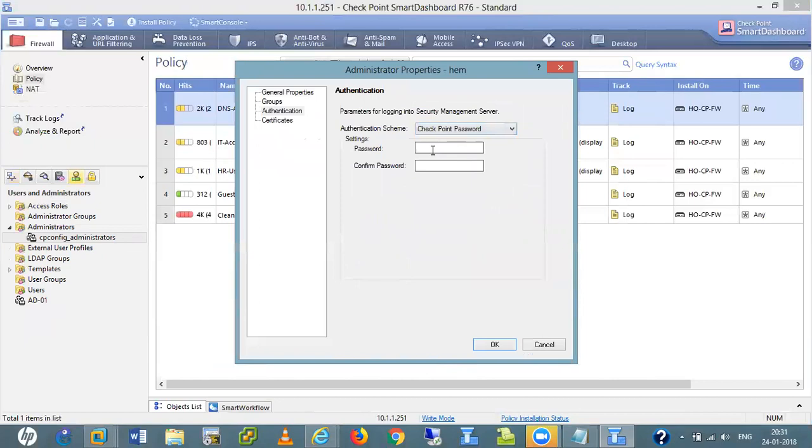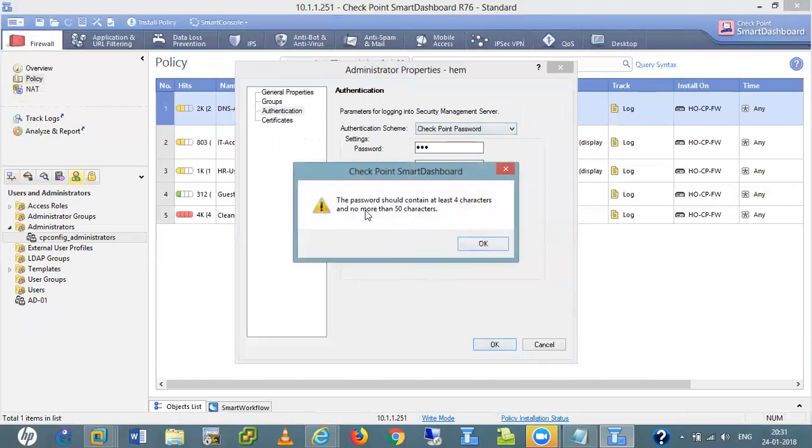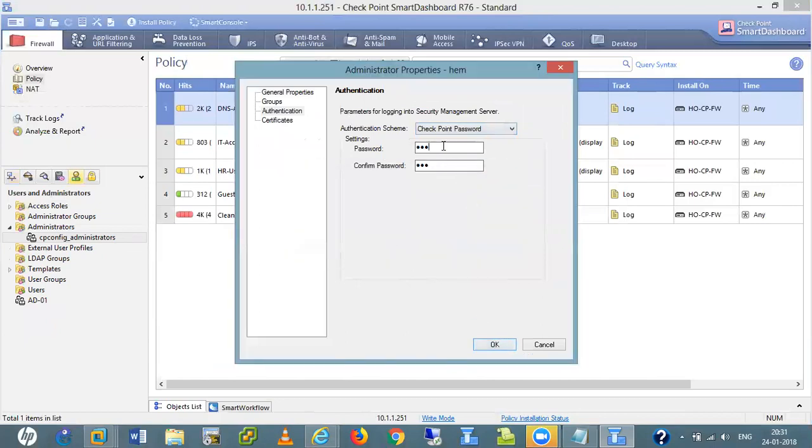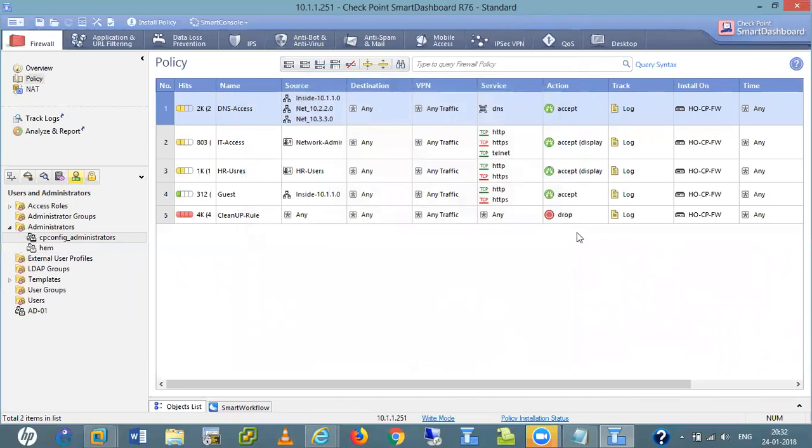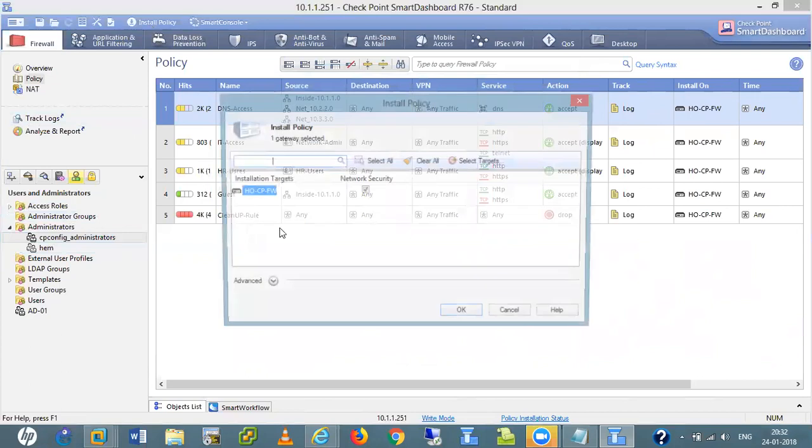Here I set the password, which is the same. Password should contain at least 4 characters, so I set admin@123. So right now I have also created it. Let me install the policies.